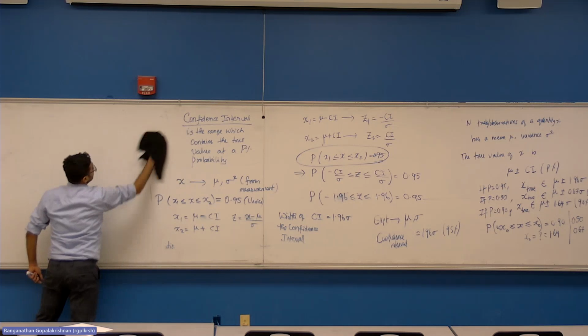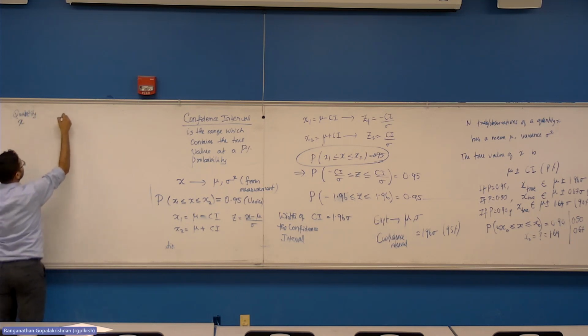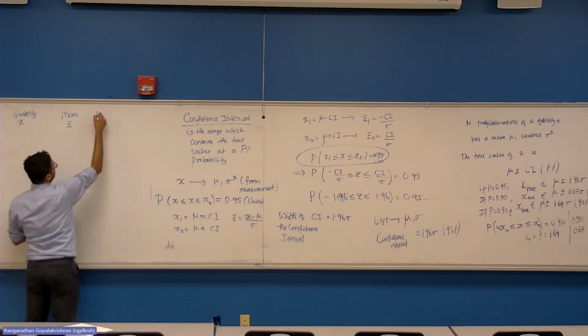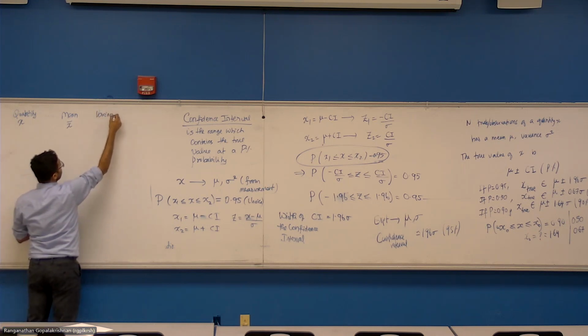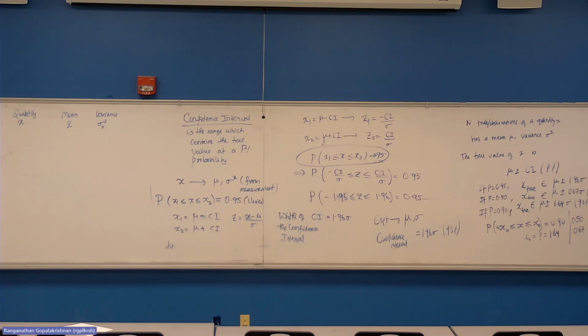Like for example, if you have a quantity x, and for the mean value, instead of mu, we'll start using x bar, and for variance, we'll still use sigma x squared. Okay, confidence interval,